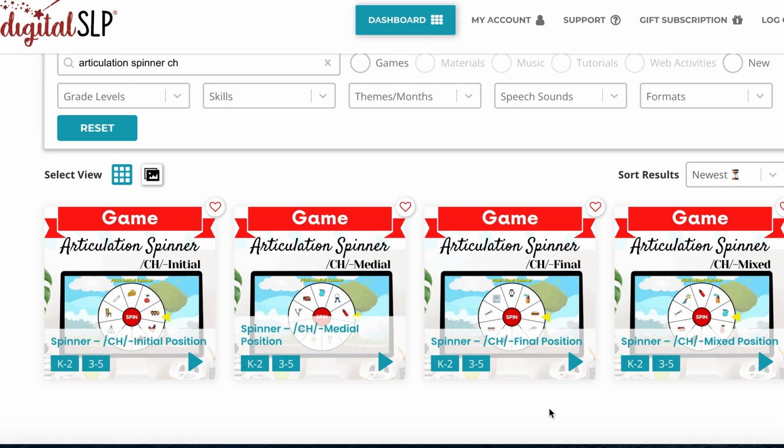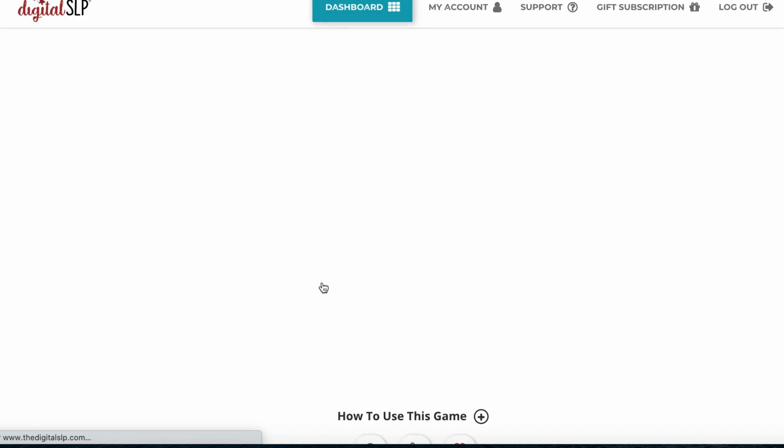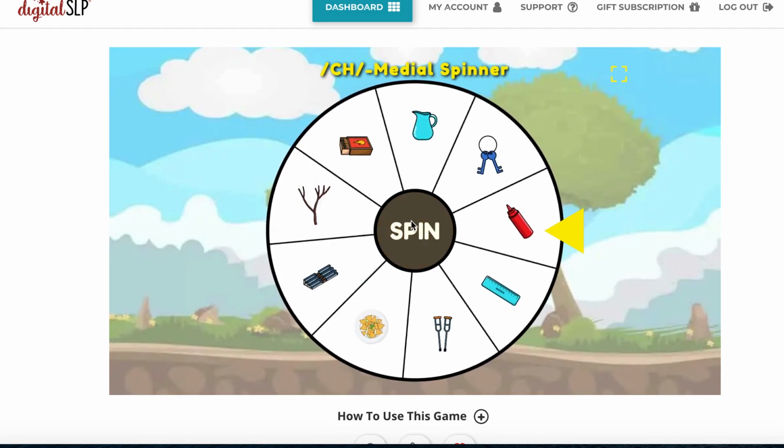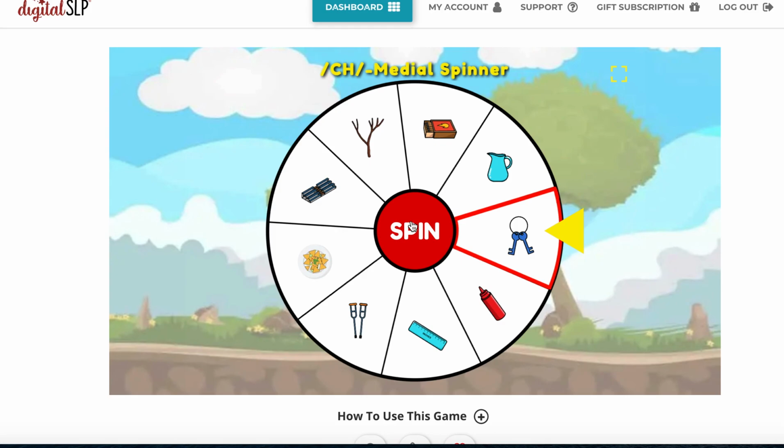Our articulation spinner game. I'm going to go ahead and click on the ch sound in the medial position to use as an example in our tutorial, but this game is available in many other sounds as well. So to play, you'll just click on this circle that says spin here in the middle, and that will spin the wheel